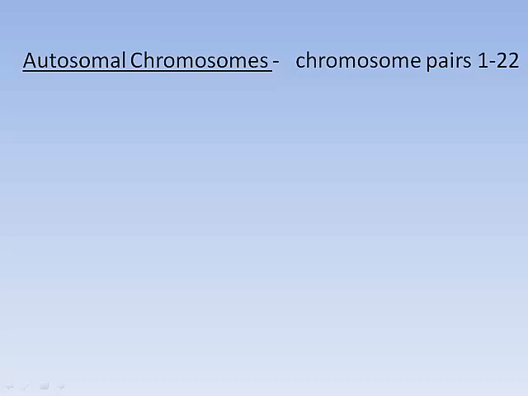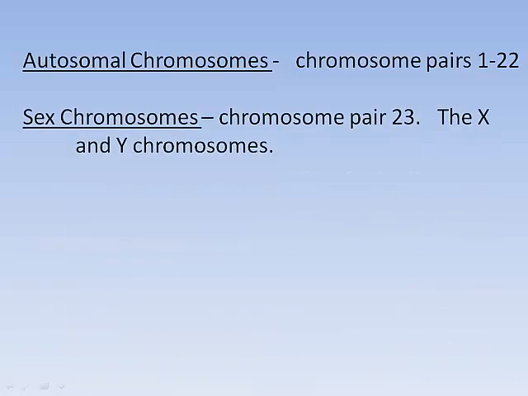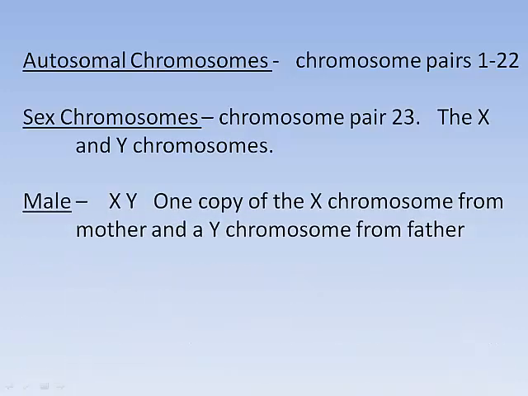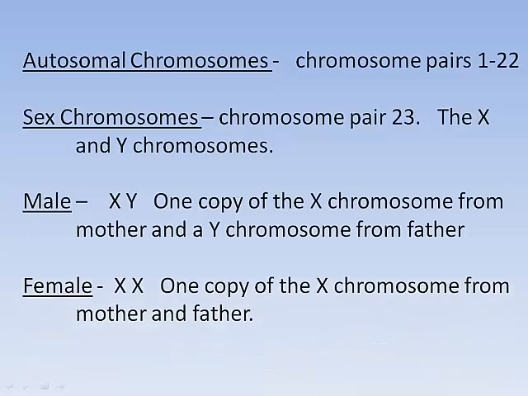Now we need to back up and think about chromosomes. We said that when we looked at karyotypes, there are 22 pairs of autosomal chromosomes and 1 pair of sex chromosomes. Sex chromosomes are pair 23, and there are 2 types, the X and the Y. If you're a male, you have 1 X and 1 Y. You got the X from your mother, and you got the Y chromosome from your father. If you're a female, you have 2 copies of the X chromosome, 1 from your mother and 1 from your